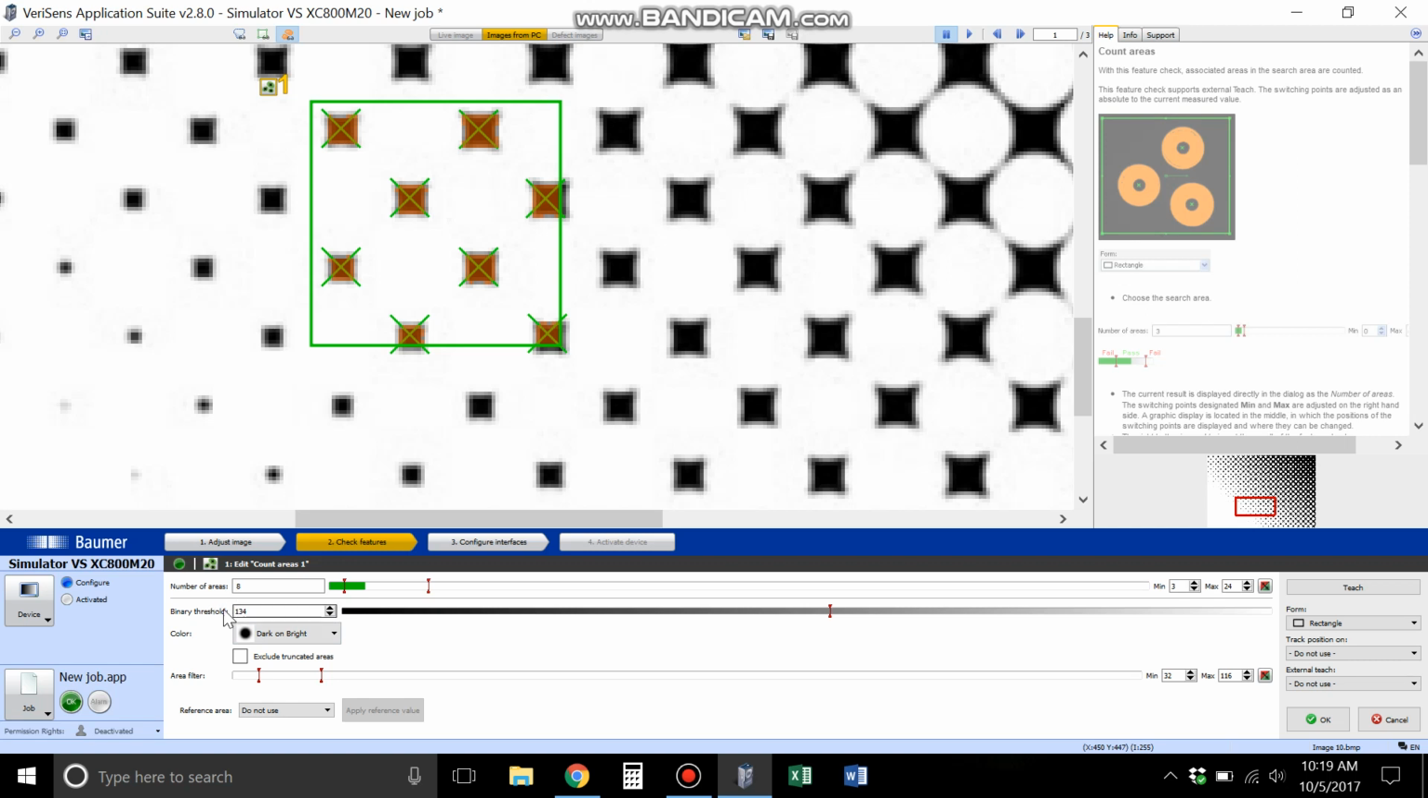Going down here to the binary threshold, this is very similar to the area size tool. So in this case, we're looking for dark blobs. So anything below this threshold is going to be considered a dark blob. Anything above is not going to be. So you can play around with this. You can see if we bring it way down, these 2 are now not being detected as blobs anymore because some of these